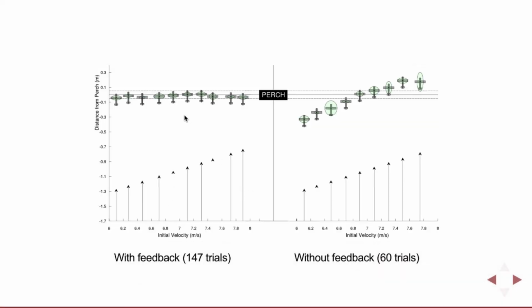Now without feedback, if we just played the open loop trajectory every time, we would hit the perch sometimes. But if I change the initial speed, this is a plot which shows different initial velocities and different distances from the perch. This is the closest distance the plane went to the perch over its entire trajectory, so sort of a generous score of how well it did. Then it hit the perch most of the time within some tolerance from the initial conditions on which we planned, but this was hard to achieve in general, and we missed the perch if we're off with a slightly different initial condition. Now, obviously the initial conditions are high dimensional. This is just plotting one dimension of it. But with the feedback control, we can hit the perch every time.